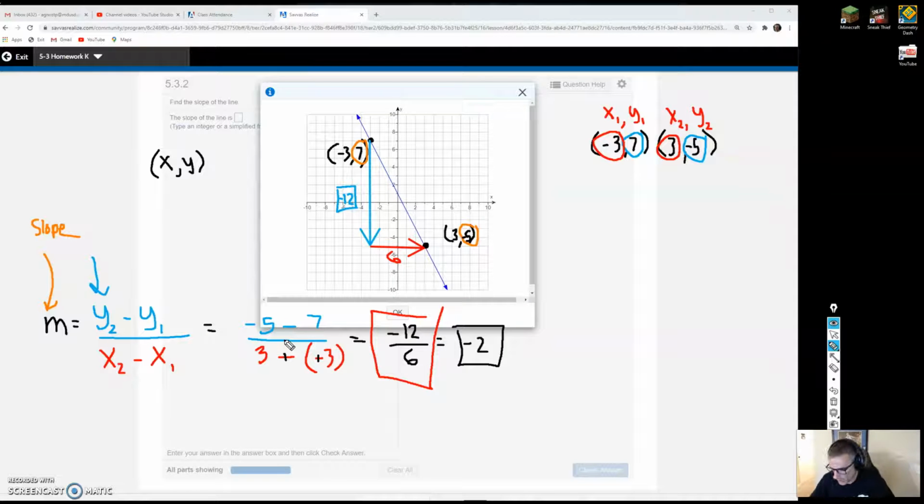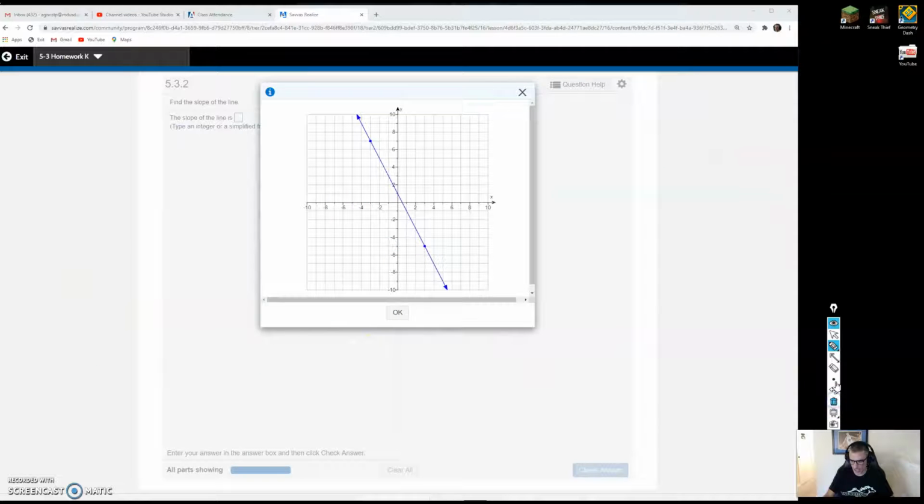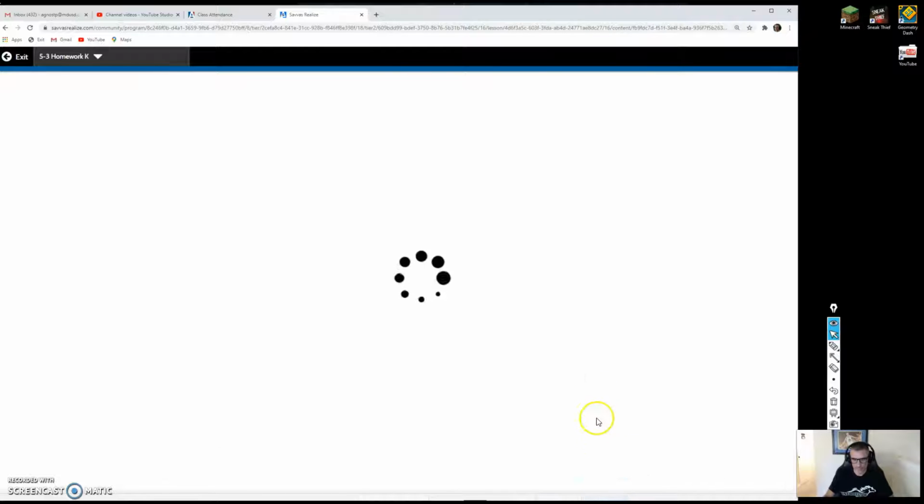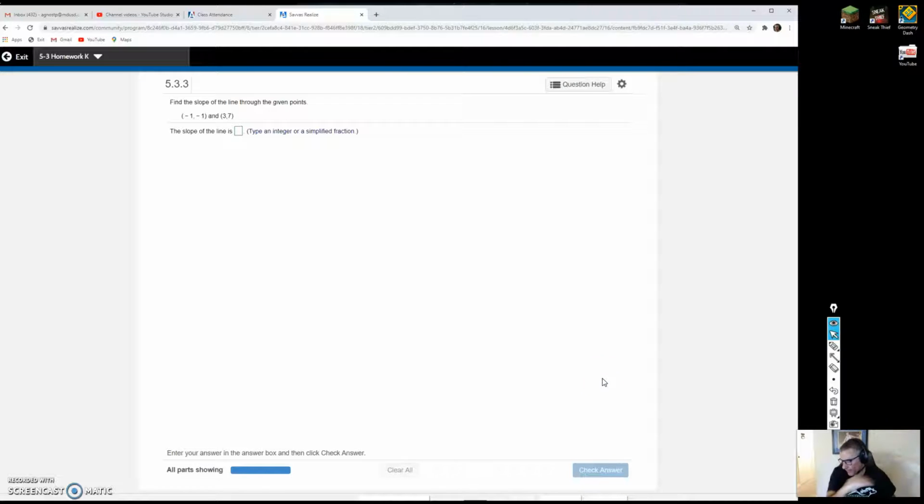All right, so for this one, I gave you the graph. Now let's look at a problem where you don't have the graph, and we have to do it all from scratch using the math. All right, the first thing you should always do with this type of problem, especially because this is your first time, is we're going to write the slope formula. Slope is equal to, well, remember, from the first video, it's equal to the rise over the run,